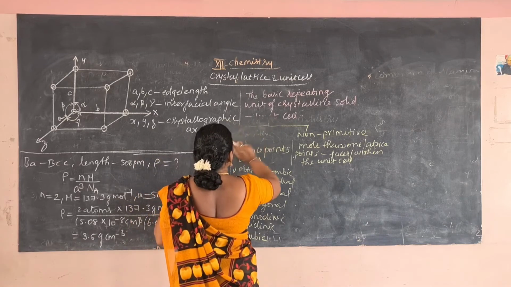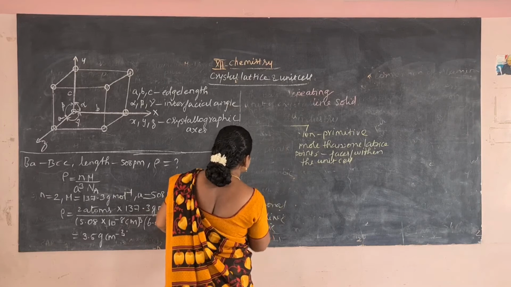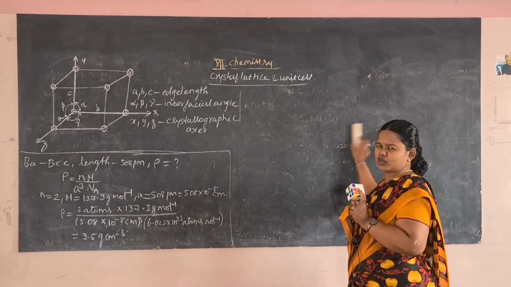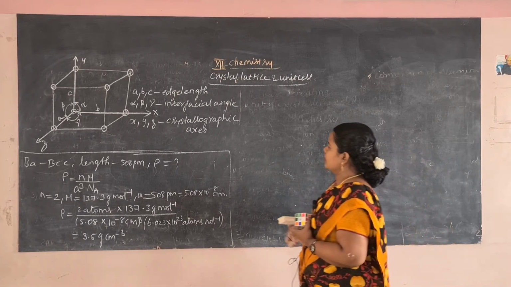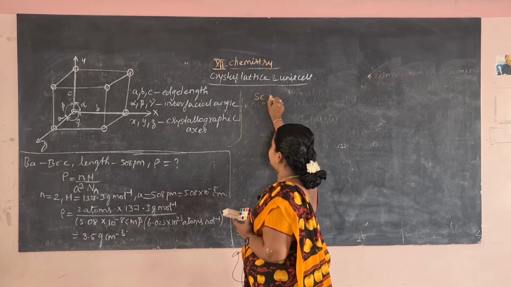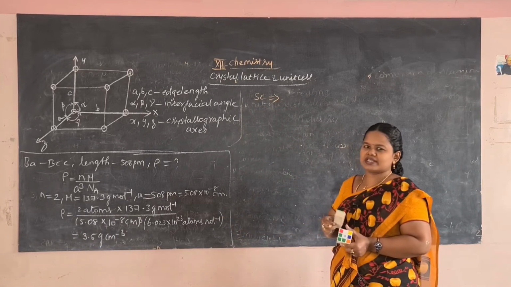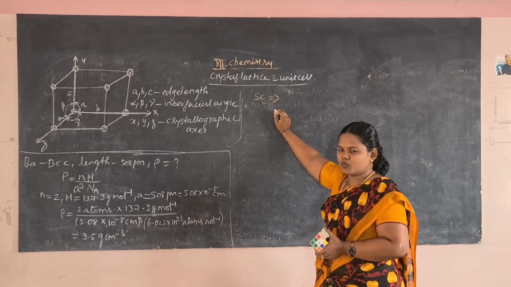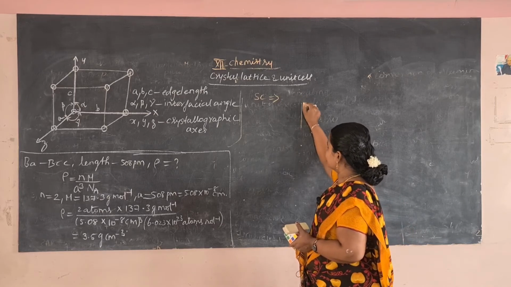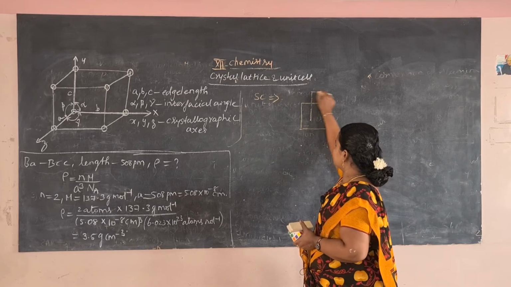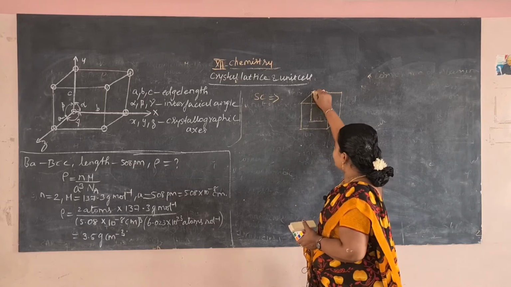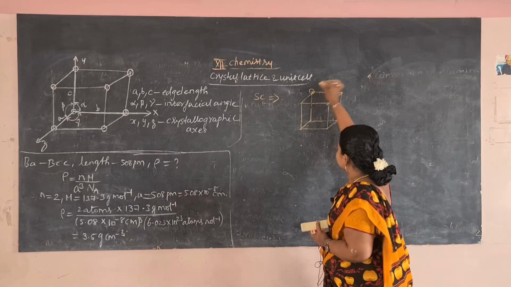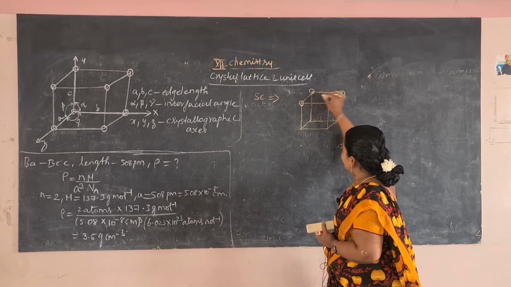Now we will see the number of atoms in a cubic unit cell. So in a cubic close packed arrangement, this is an example for a cube. So I am having a cube. We will find the number of atoms in a simple cubic unit cell. Simple cubic unit cell will be shortened as SC. Here in a simple cubic unit cell, you can see the atoms will be present only at the corner, similar atoms will be present only in the corner.